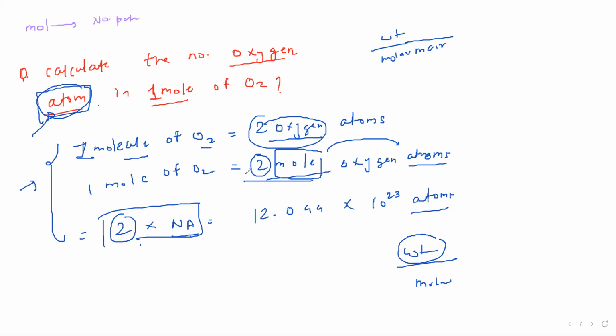Suppose they have given you the number of particles: number of moles is equal to number of particles upon NA. So you get the number of moles from there itself. So you can use this method or that method. Okay, Shubhangi, that's fine. Do one thing: take a screenshot of this, solve via this method and via your method, and send me on WhatsApp. We will discuss that. Don't worry.